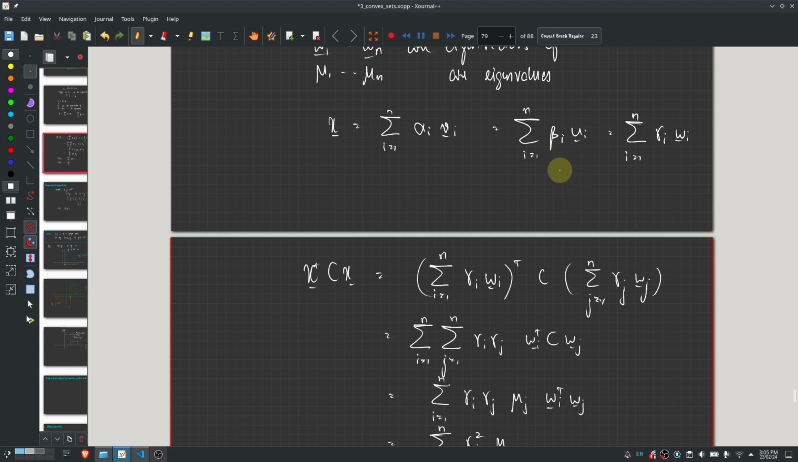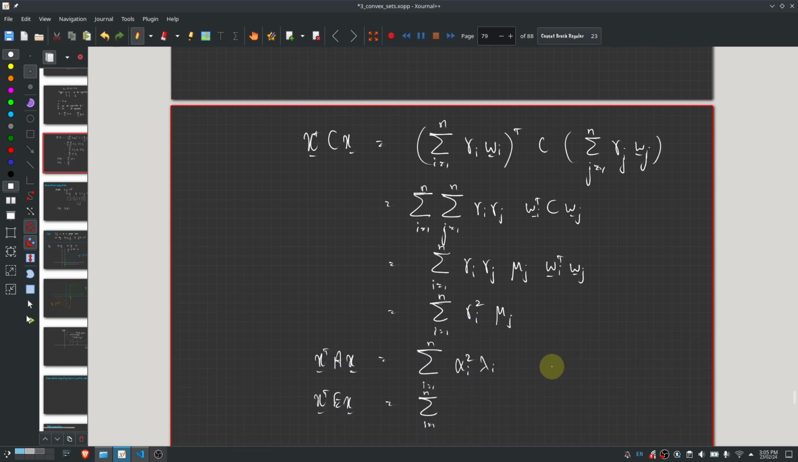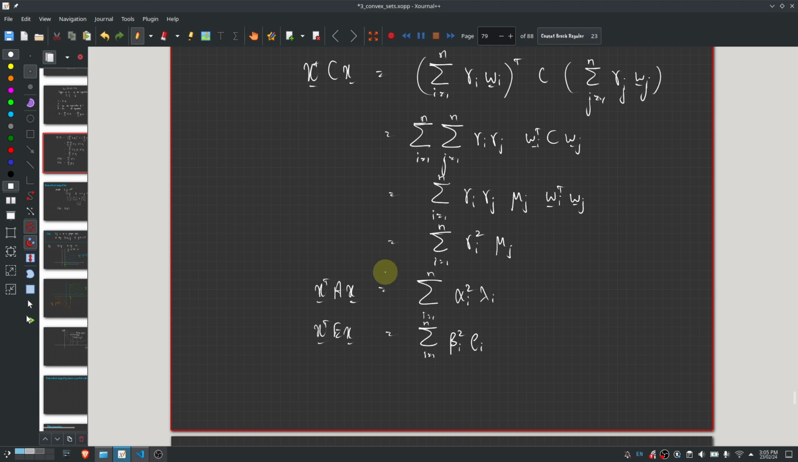So beta 1 through beta n are the coefficients of the ui's, and rho 1 through rho n are the eigenvalues of E. So what would this be? Beta i square times rho i. It's not rho i square, right? Okay, but what is C? It is equal to A plus E, right? So x transpose Cx,